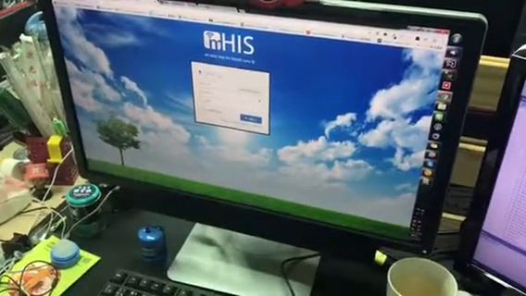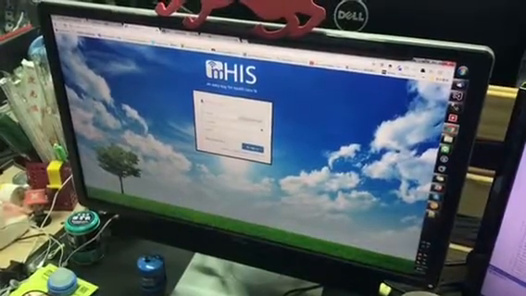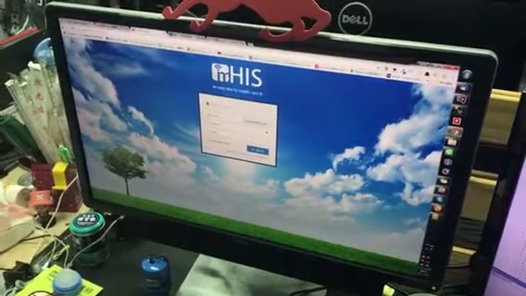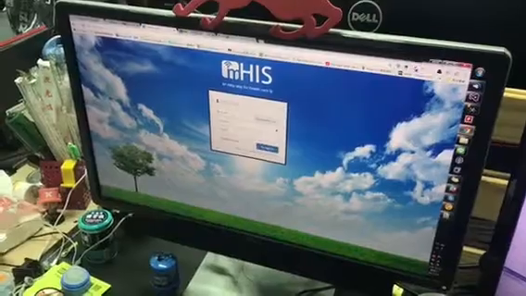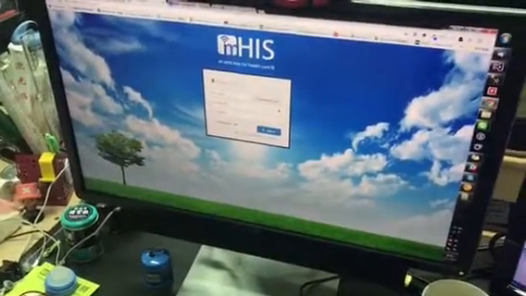Hello, so now I'm going to demonstrate the health kiosk with the MHIS solution, and we also provide the lab assistant. So this is a scenario that we are going to show you. First of all, we need to log into this system